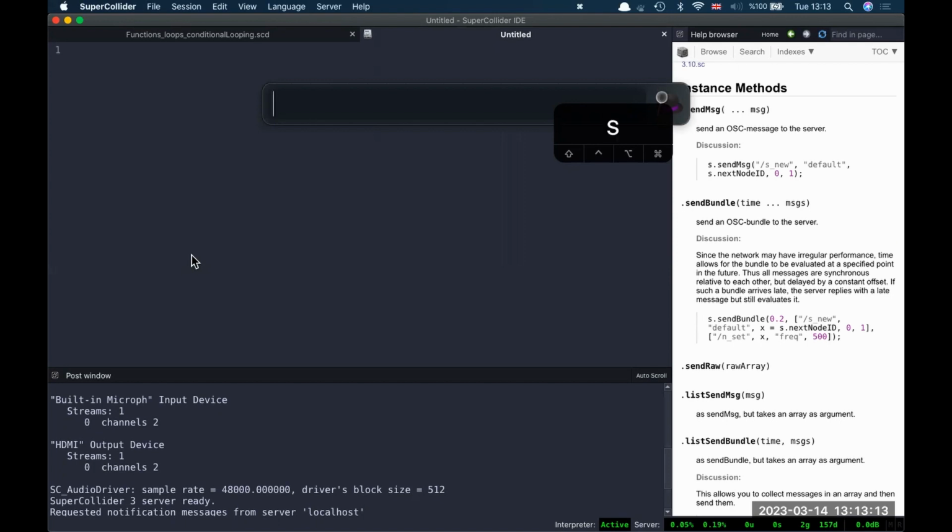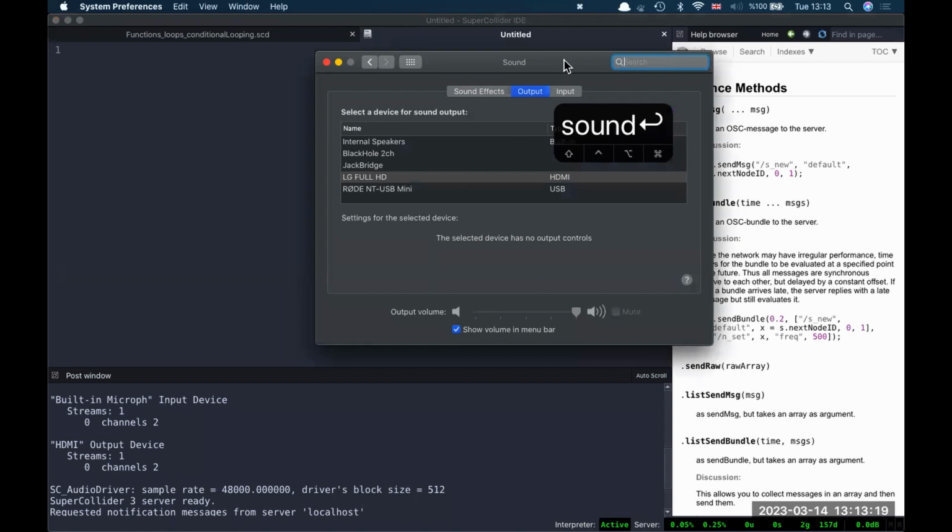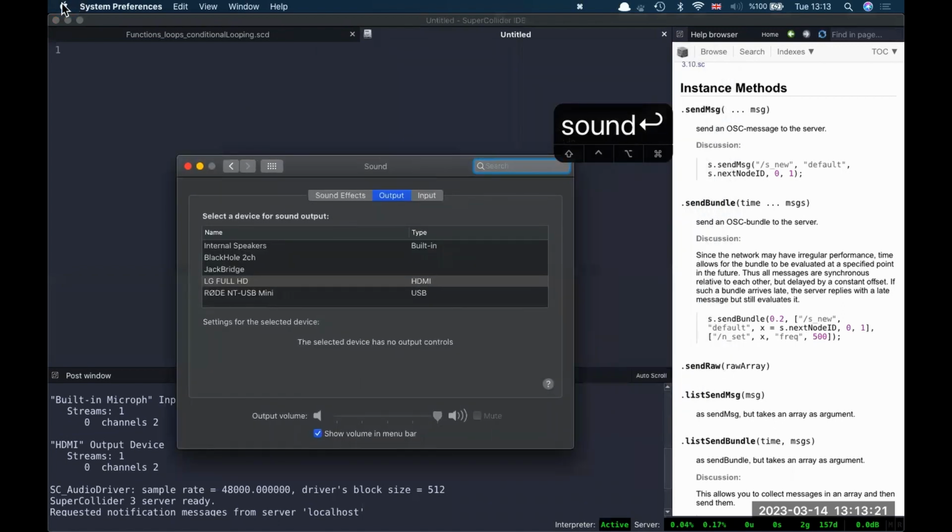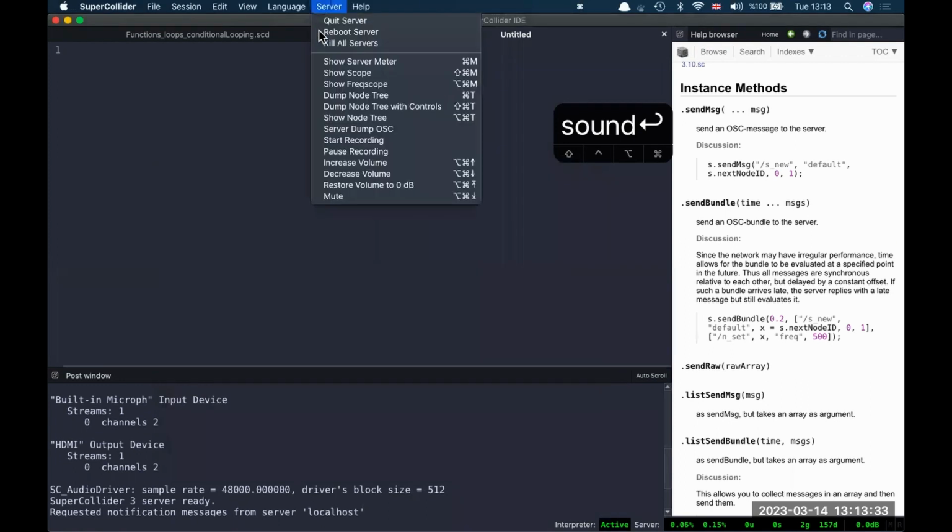So for this reason, I need to open my sound preferences in your machine, in your computer. That's from Apple System Preferences, and then it goes to Sound. And from there, you can decide which output you want to use. So now if I reboot the server,